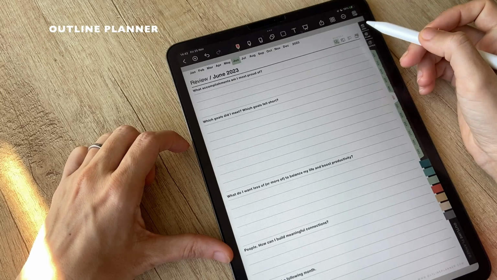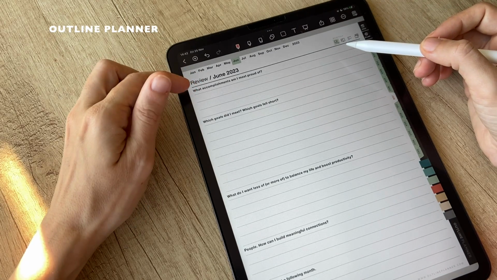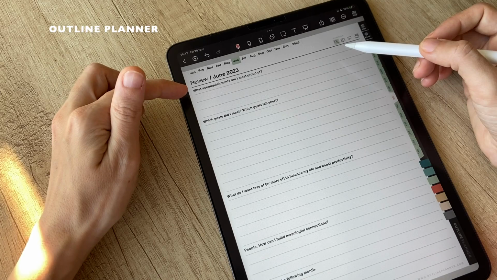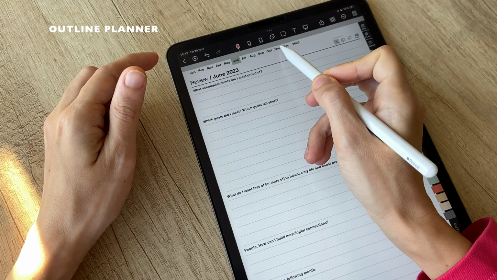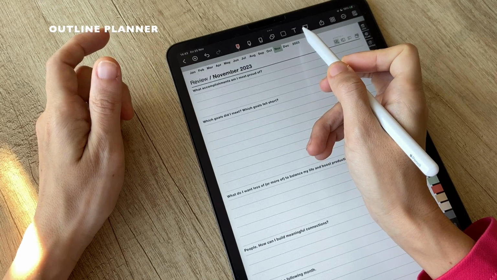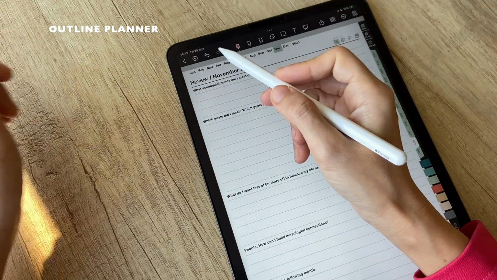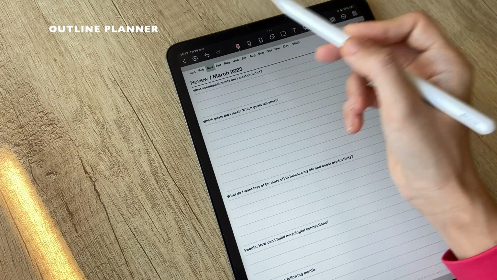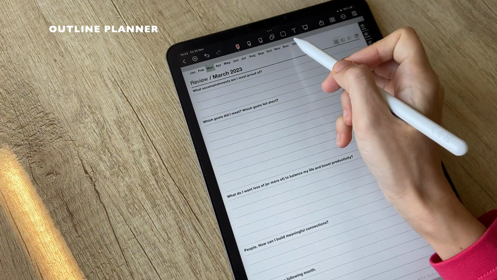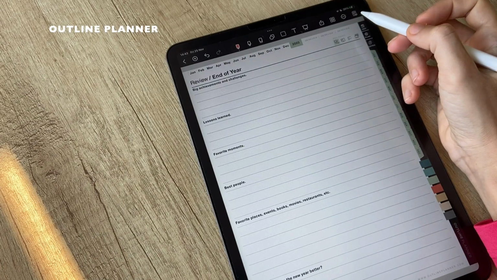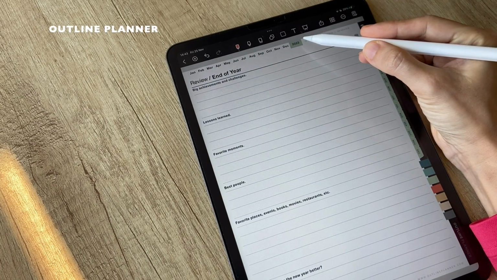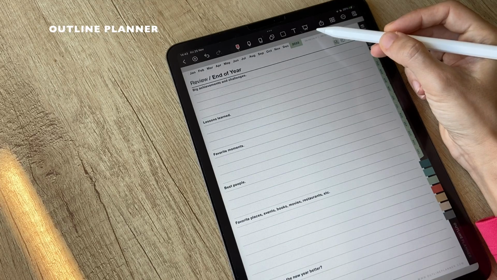Regarding the monthly pages in the same section, like in my case, the review section, you can quickly jump to another month by tapping this top navigation. So let's say you want to see the review for November, or for March, or for the entire year. Just click 2023, and when you see the review for the entire year, you get some bonus pages like the